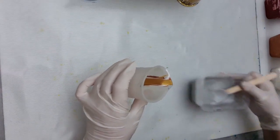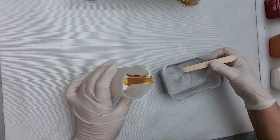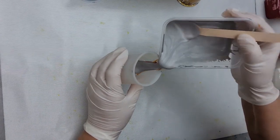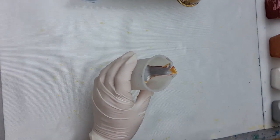and now I'm going to do silver. This is Acrylic silver. Do a bit more of that, I think. Bit of contrast in there,